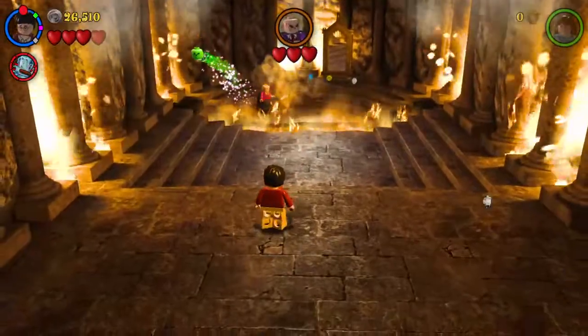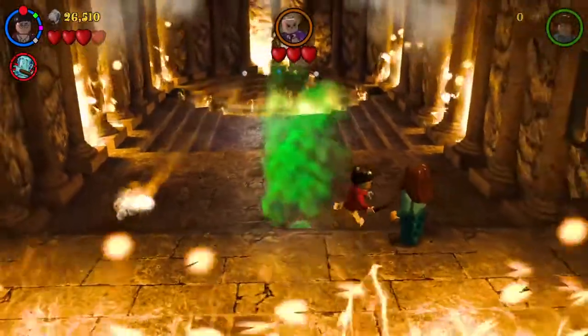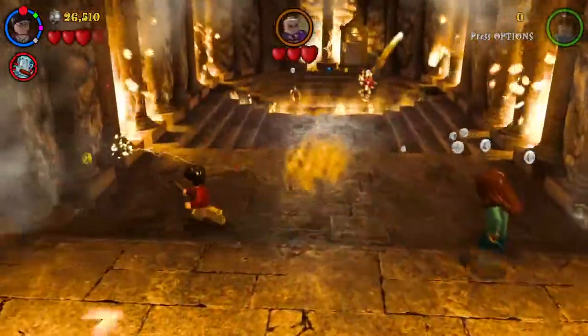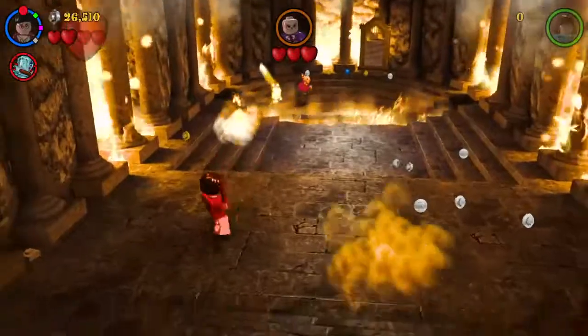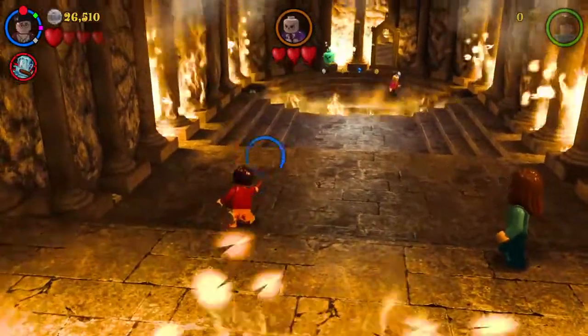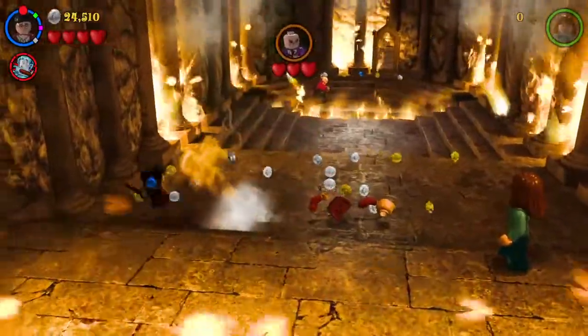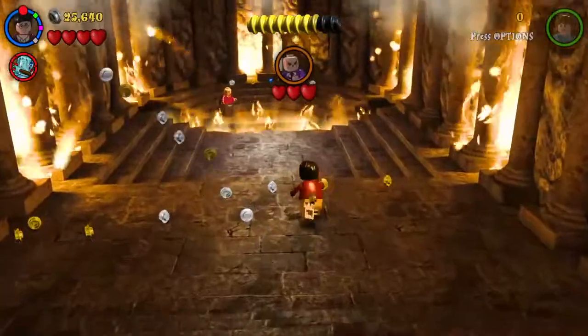What am I supposed to do even? Should I destroy the rooms or? I'm not even able to aim at Voldemort's face, the green smoke thingy.